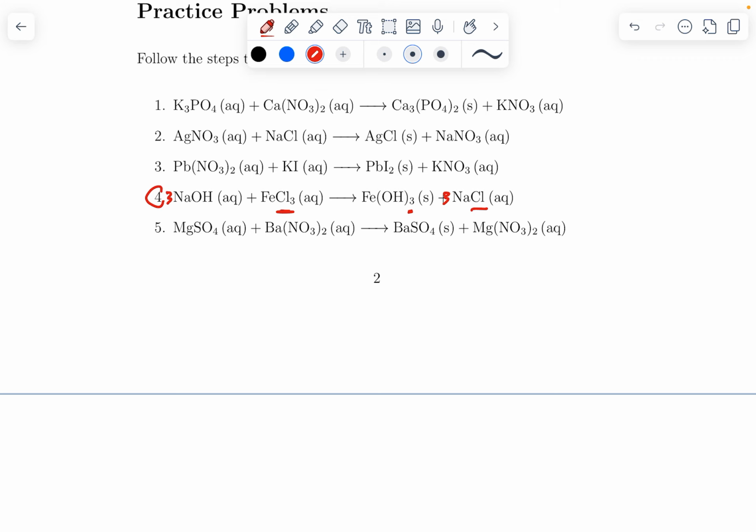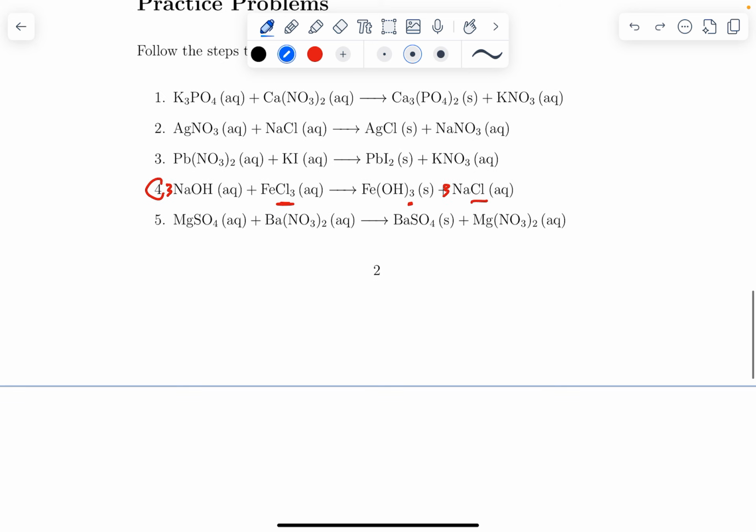So now, because of the 3, I'm going to write it out like this. 3 Na+, 3 OH-, plus Fe3+, and I know it's 3+ because there were 3 chlorines here, and I know chlorines are -1, plus Cl-, but don't forget your 3,